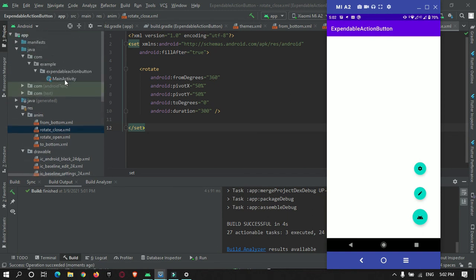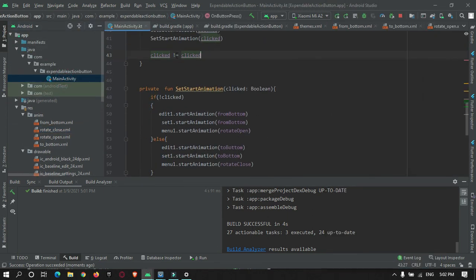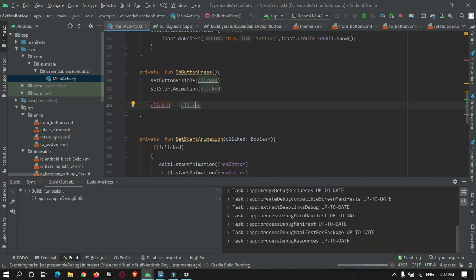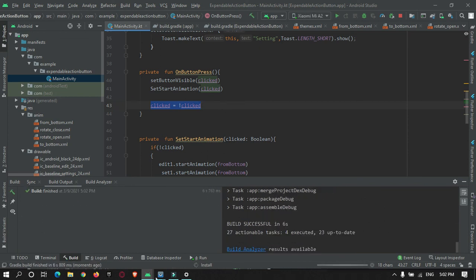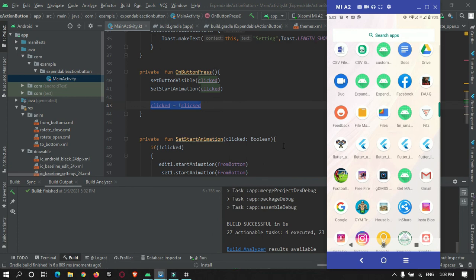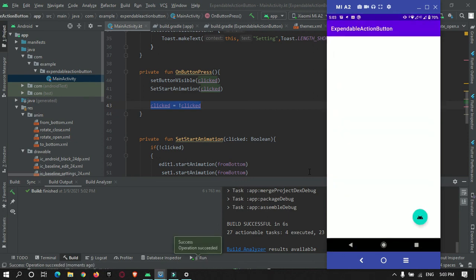So I figured it out: here it should be equal to false, that is, not of clicked. It was just this simple thing. Now it is getting installed. Pop up, close. Okay, so now it is working 100% fine.